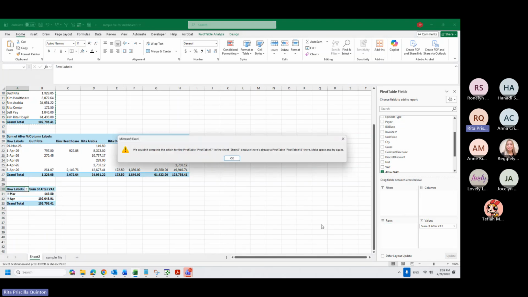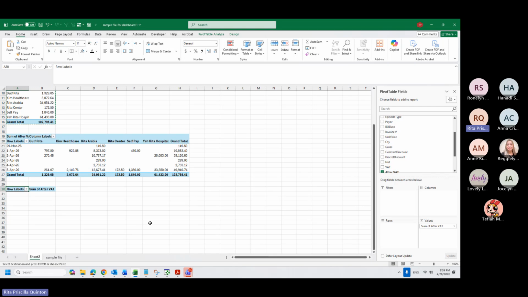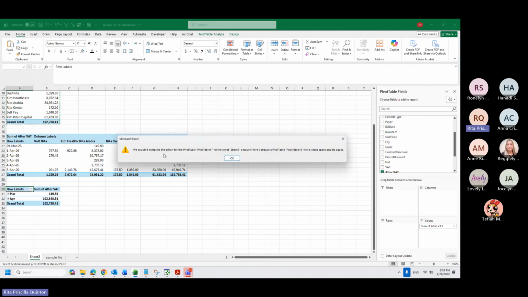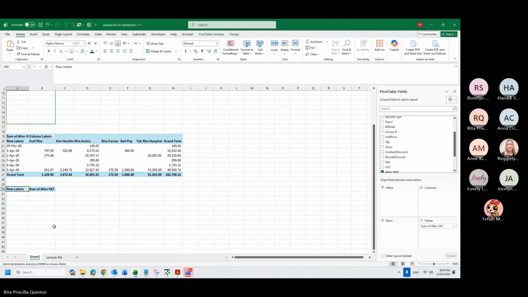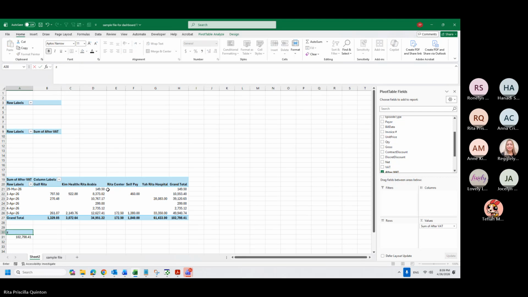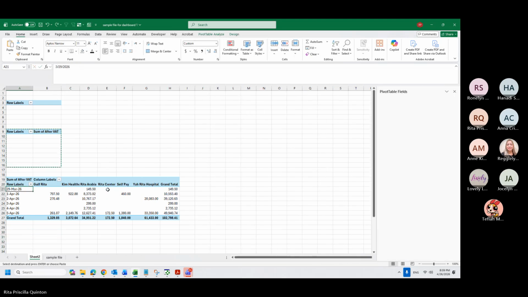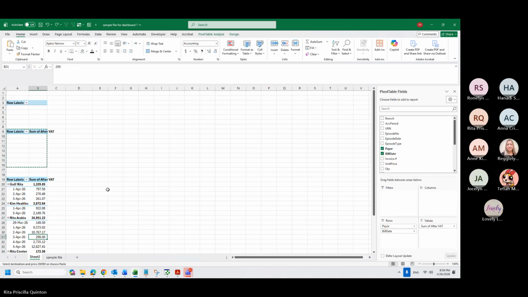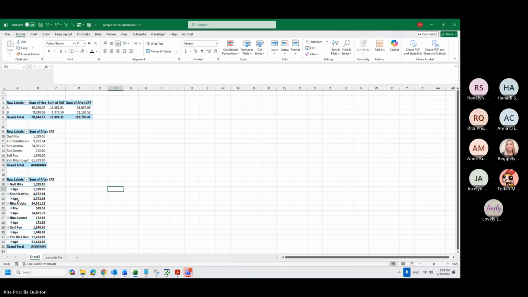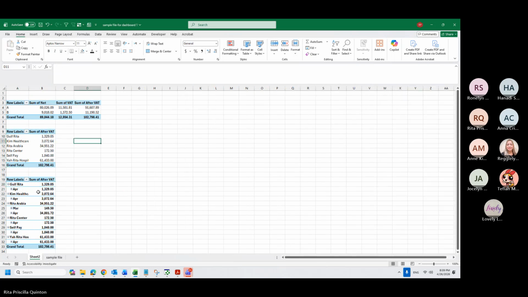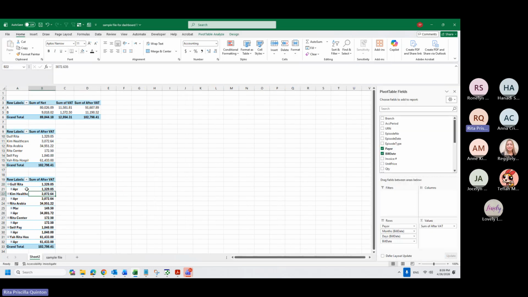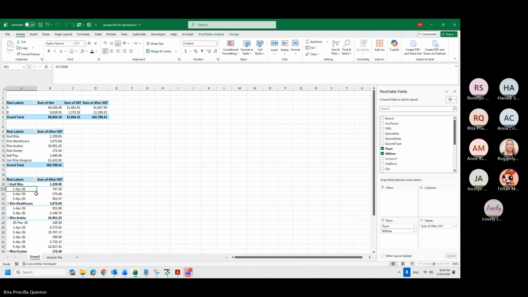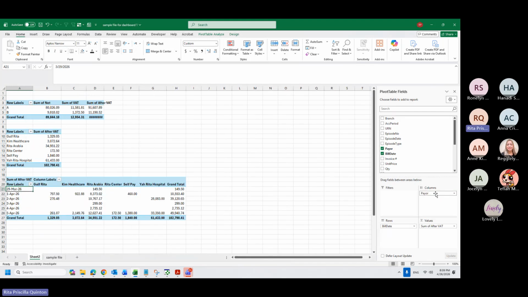Bill date. Okay. Coding implementation sheet 2, because there's already a pivot table. And group payer on the columns.